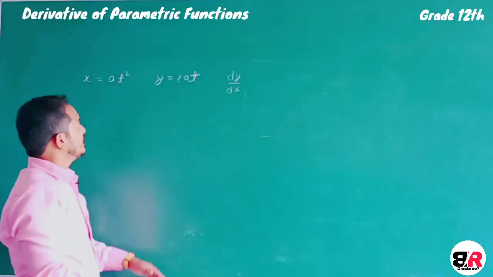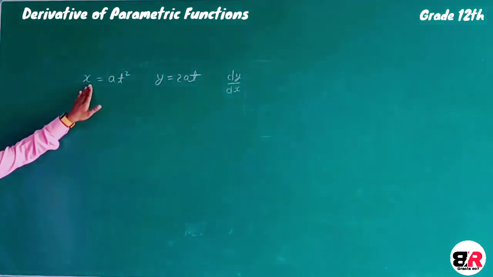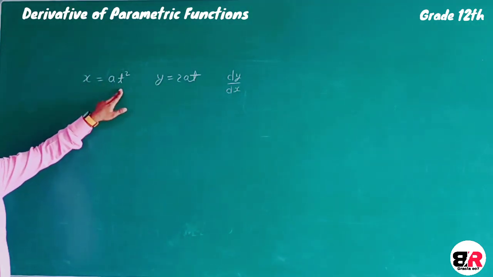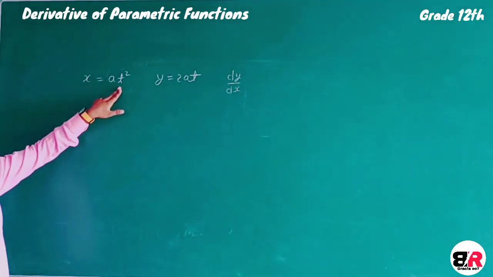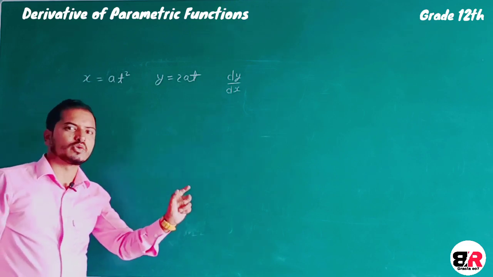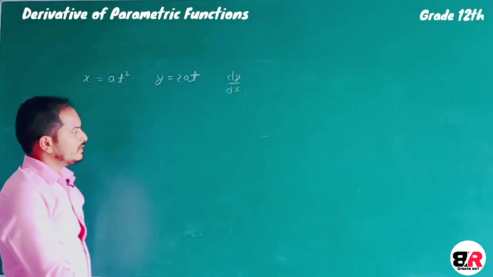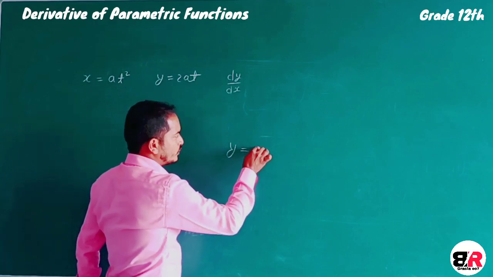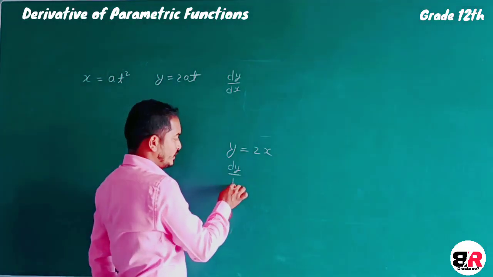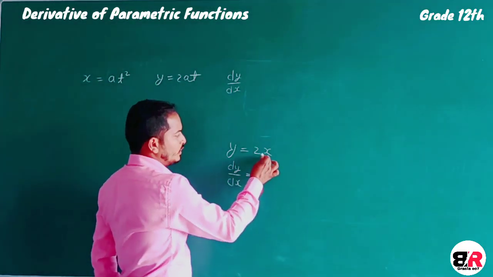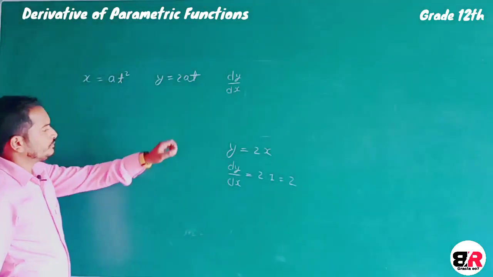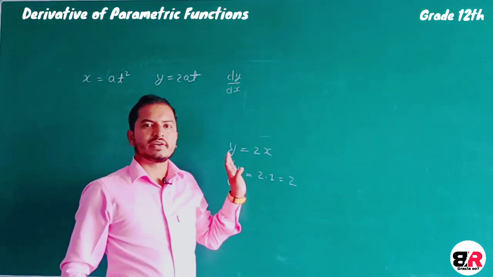It is very obvious that if x is a function of t, then we will differentiate x with respect to t. Try to understand the difference between the differentiation with respect to a variable in such type of function in which y is equal to 2x. Here y is a function of x, then we can easily differentiate it as dy by dx with respect to x, that is 2 into differentiation of x is 1, that is 2. These type of functions are very simple functions.